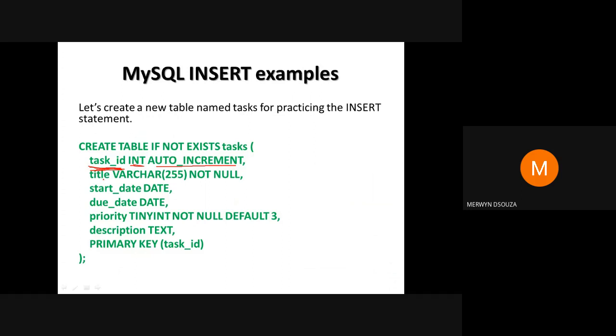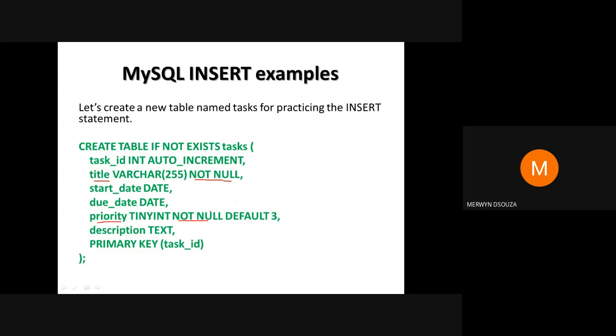Similarly, title data type is varchar with length 255, start date and due date are of the data type date, priority is of the data type tinyint, and description is of the data type text. Now, among all these columns, the priority and the title are set as NOT NULL. They cannot contain null values.